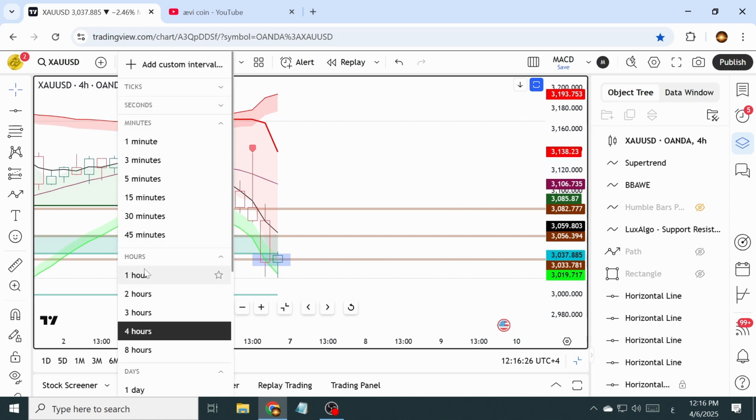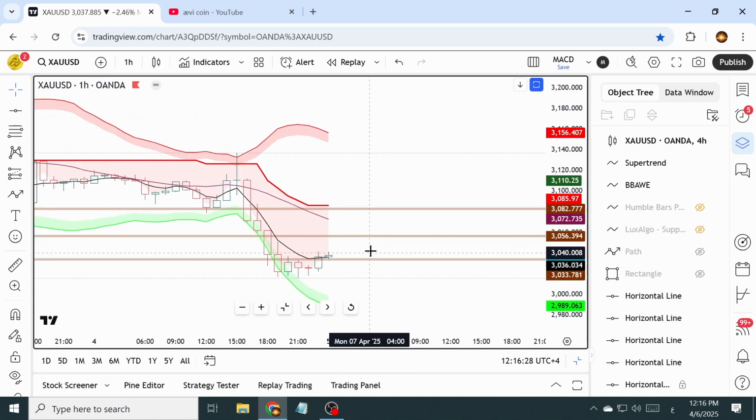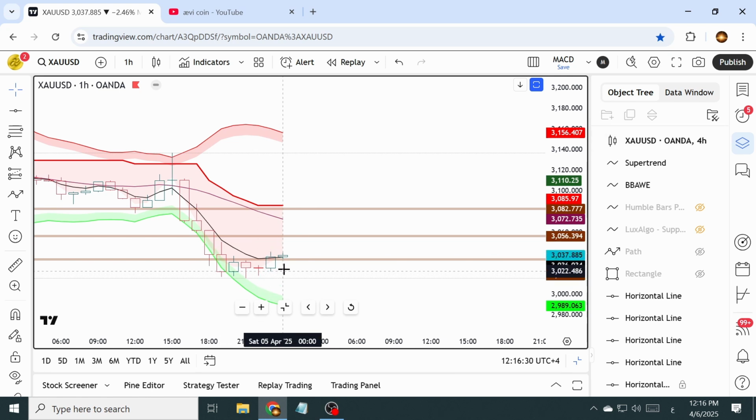For the 1 hour time frame, we saw before the market close, the candle closed above the 5 EMA, and if the second candle closes above it, we could see an attempt for the price to reach the 20 EMA and change the super trend in this area. Now this is going to be crucial,